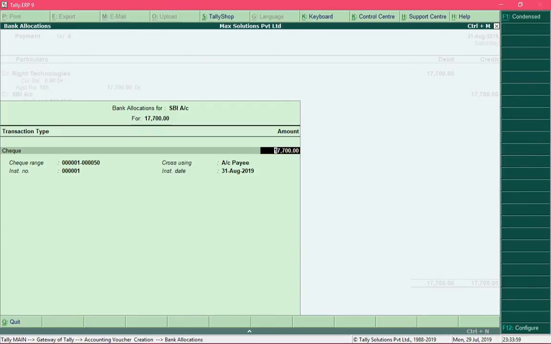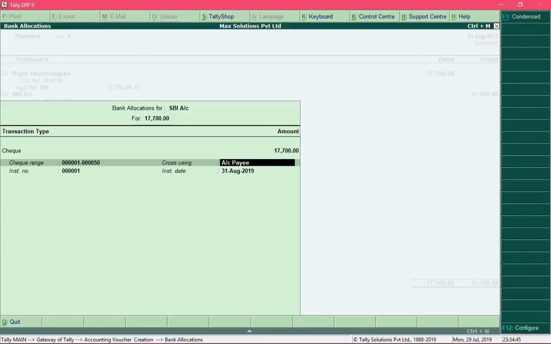So once I utilize this check, then the next instrument number would be 2 by default. So this is the default behavior with respect to check range and check number. Now at this point, if I press the enter key, my cursor will navigate to the field cross using.